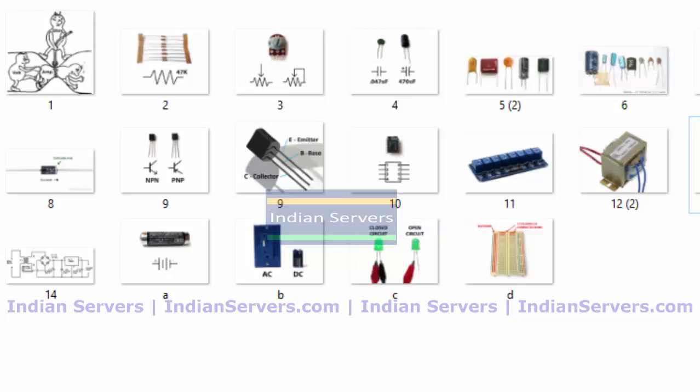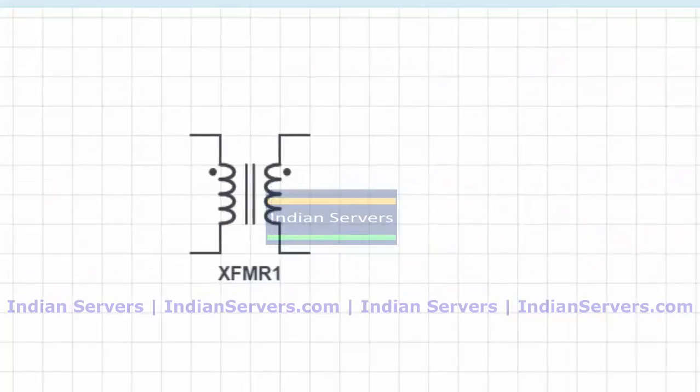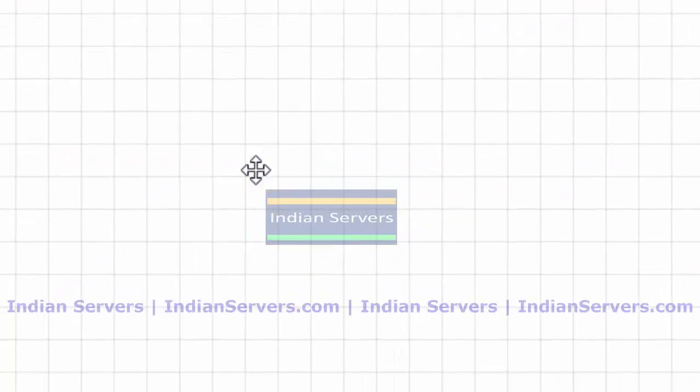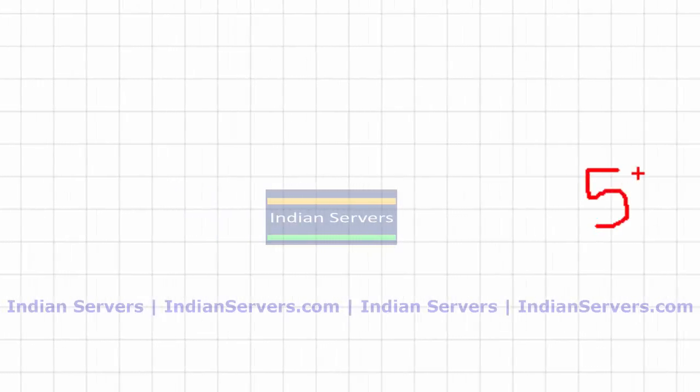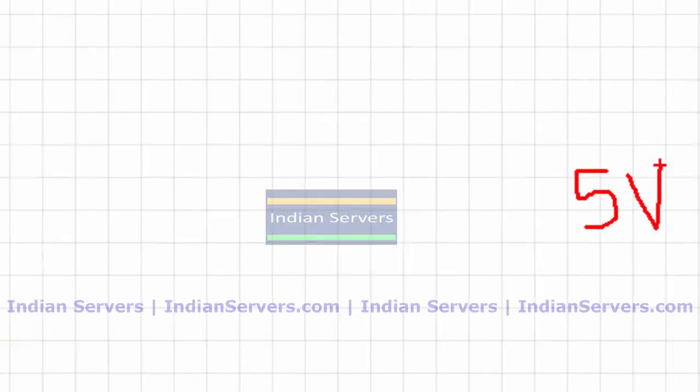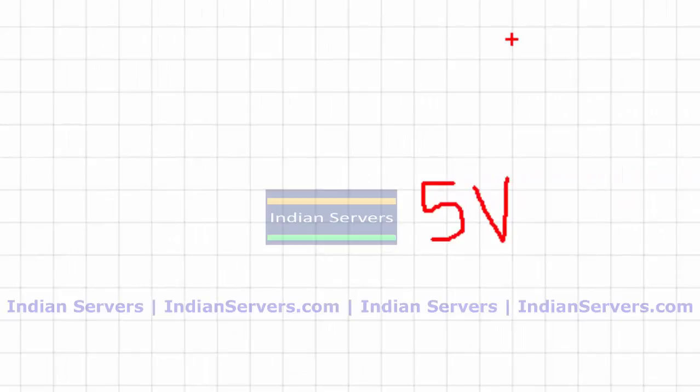Now we are going to see one more device, that is RPS, regulated power supply. So what is RPS and what is the use of this regulated power supply? Say for example, you are making a project where your microcontroller is going to operate with 5 volts. Your microcontroller requires only 5 volts. Not only a microcontroller, almost every electronic device like PC, laptop, any mobile phone, all the devices will operate at only